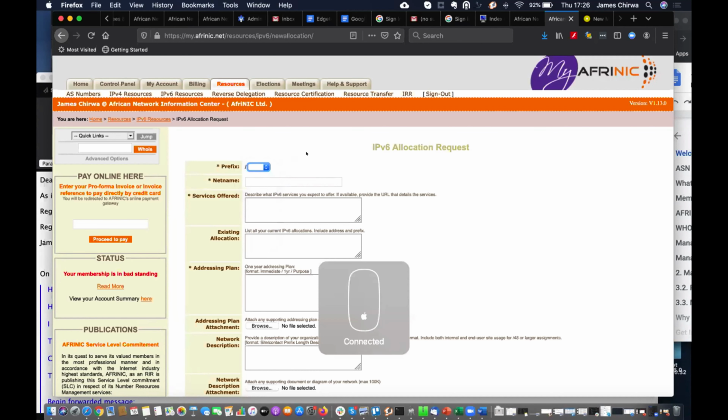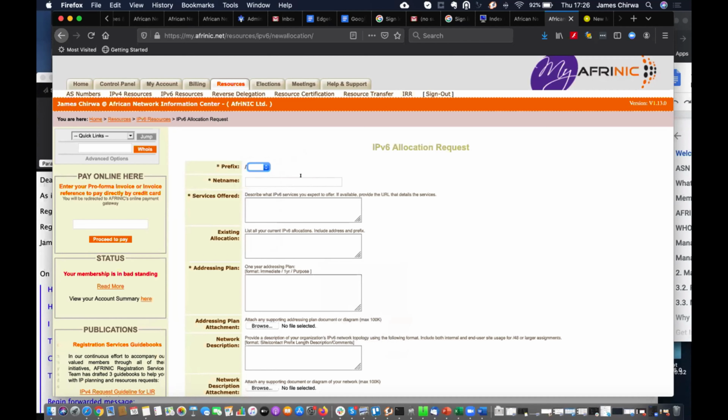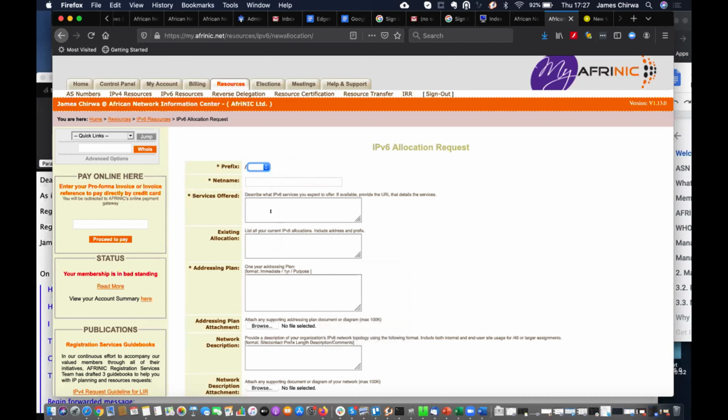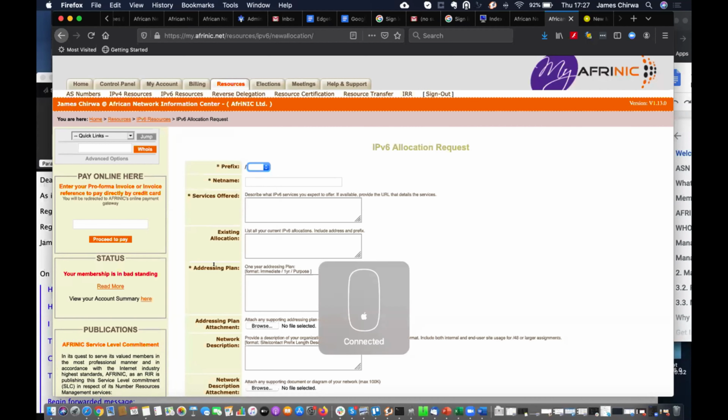IP addressing plan, that's most important. So if you want a minimum, normally we ask for the IPv6 plan, but most of the times if you already have an IPv4 network or you've given us an IPv4 network and you're coming for the minimum, either a /32 for service provider or for LIRs, which are getting the PA, or /48 for end sites, we look at your plan, but it can be accepted even without a plan if you have given us an IPv4 plan. But if you want more, you've done your proper estimate and you want more than the minimum, then